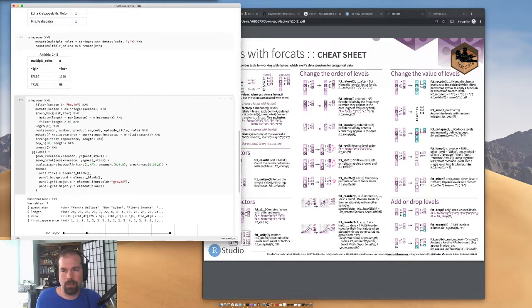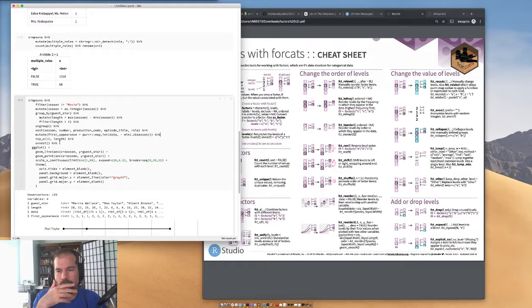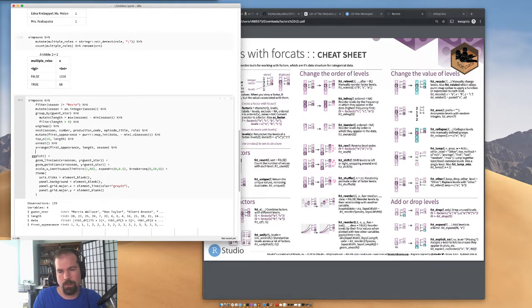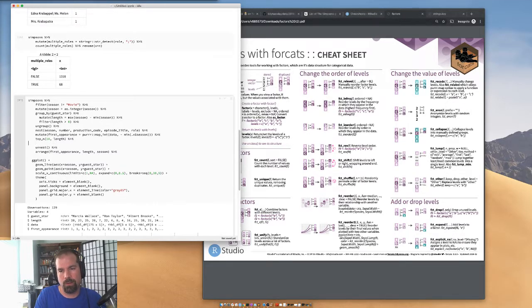Is that what we want? Because that's still in the nested. I mean, really don't. Yeah, so let's put this on. We'll arrange it here, length, and then season. And what we're going to do, well, before we unnest, let's arrange by first appearance and length, and then mutate